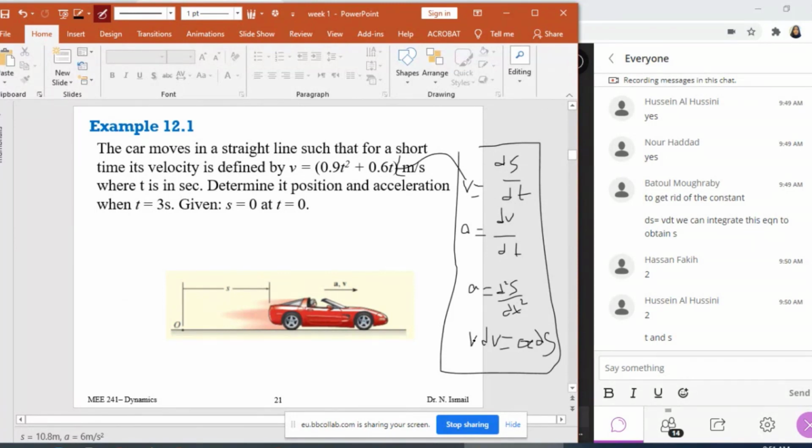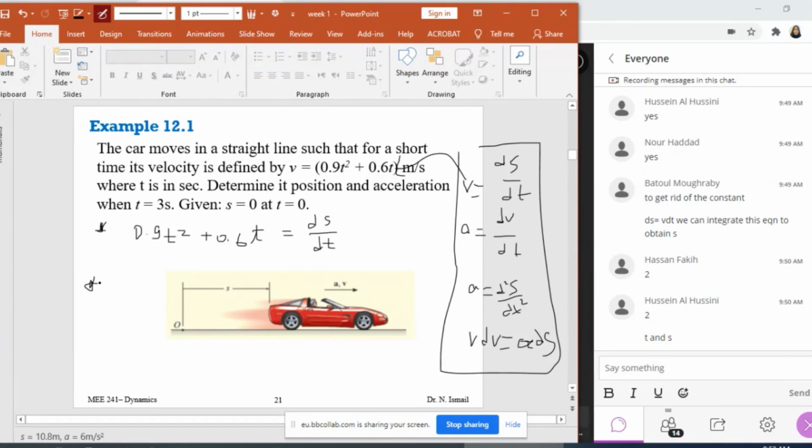All right, so what I'm going to do now is to use the first equation and convert it to a 2-variable equation. So how can I do this? I'm going to substitute v by 0.9t² + 0.6t. All right, so this expression will be equal to ds/dt. This is the first step, guys. Now the second step